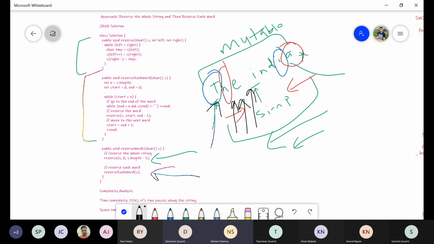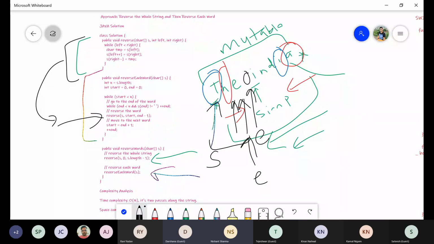So now we have start here and end here, and I consider this substring for the reversal part. We call the reverse method, which we have written here, with end minus one, because end was pointing to space. Now, if this is my end point and this is my start point, I can use this method for reversing the word.